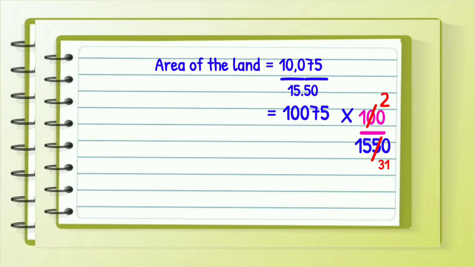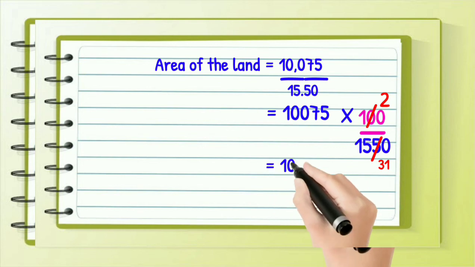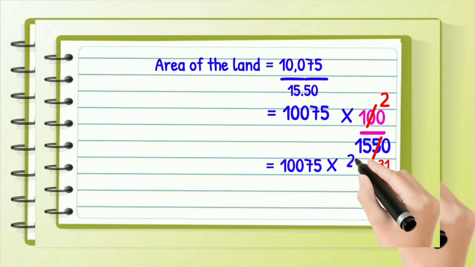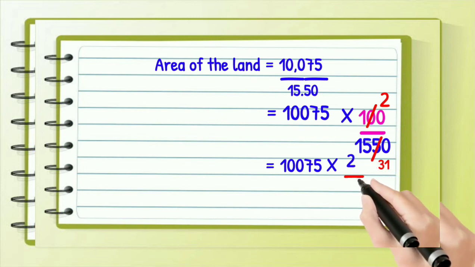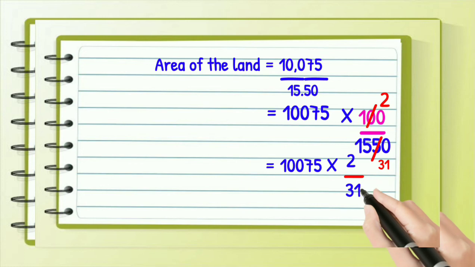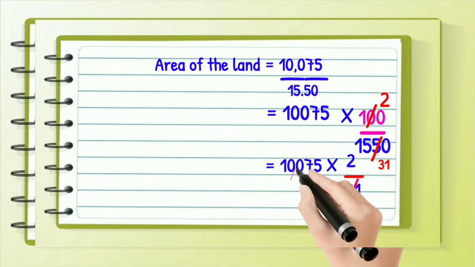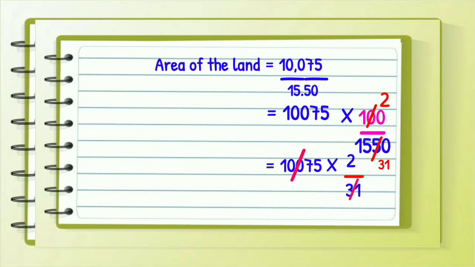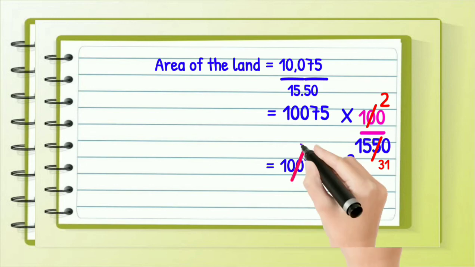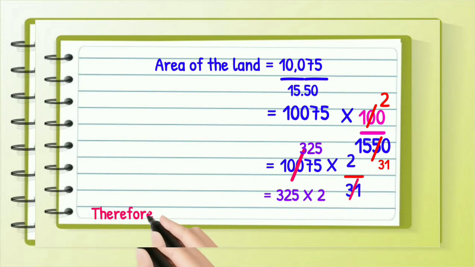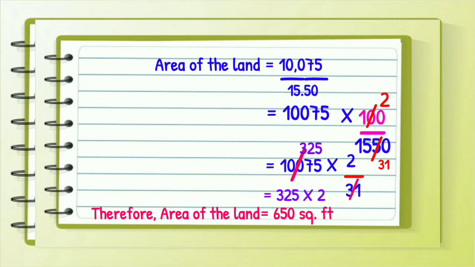And now 100 and 1550 we can cancel using 50th table directly. Okay, so 2 50s are 100, 31 50s are 1550, and write the remaining left out numbers. 10,075 by 2 by 31. Again we can cancel 31 and 10,075 using the 31 table directly. So 31 ones are 31 and 10,075 goes 325 times. So the left out numbers are